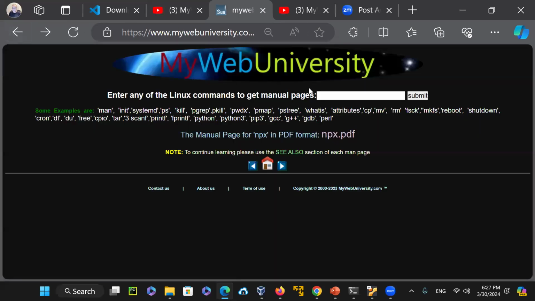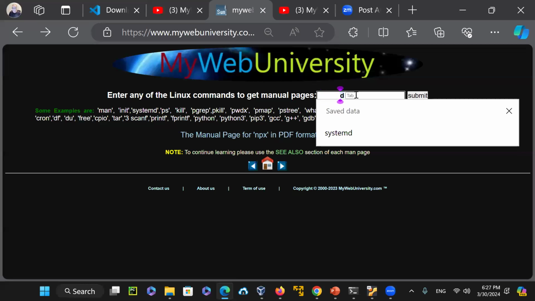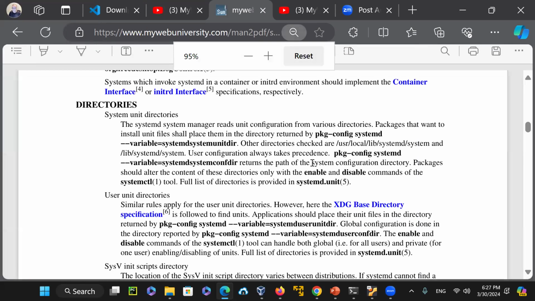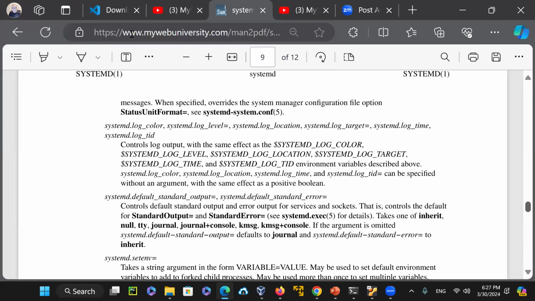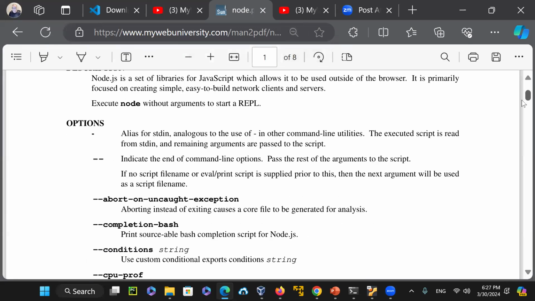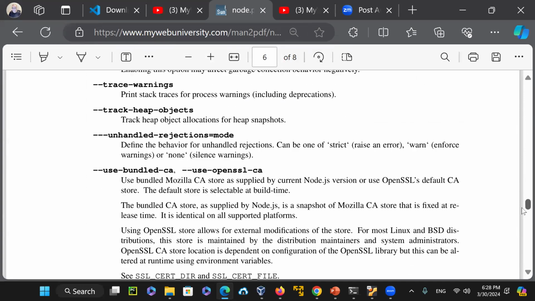Any Linux command, obviously you can type it in, including systemd, which is systemctl, or the systemd daemon. Some of them are nice because, for example, I was showing you node. When you search for node, I also wrote the Python program to generate this PDF file. You don't need